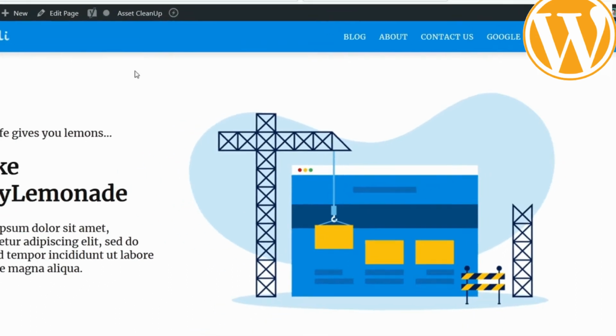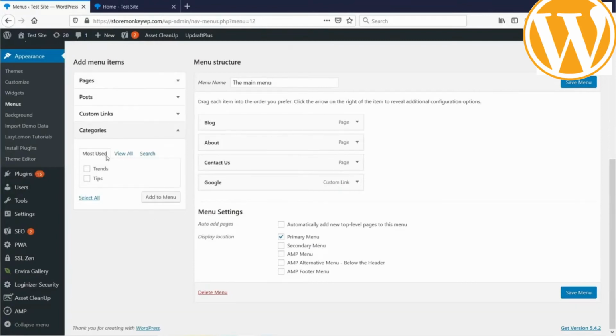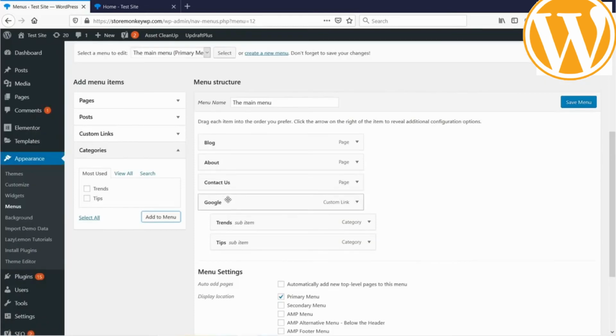Look, Google. Under this Google, we will add 2 sub items. So how can you do it? Go to the dashboard again. In the dashboard, we will add 2 sub items under Google. So Most Used, I am checking this box. Whatever it is, 1, 2, 3, then click here, 2 items. By just dragging and dropping, if you place it a little bit to the right, then it will be added as a sub item. Now the items are under Google as sub items.